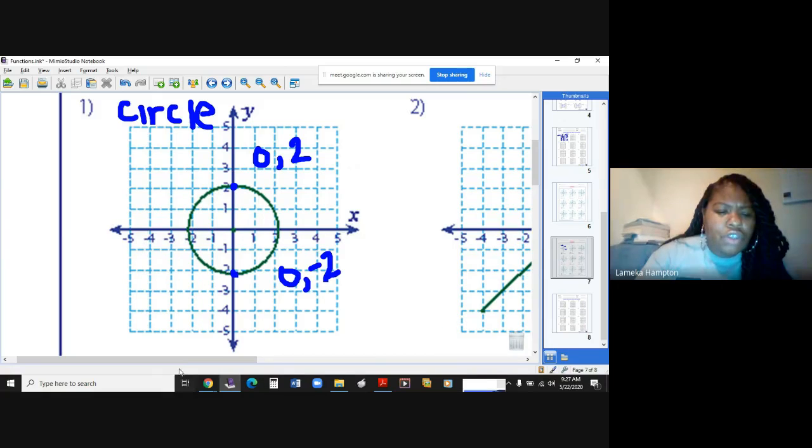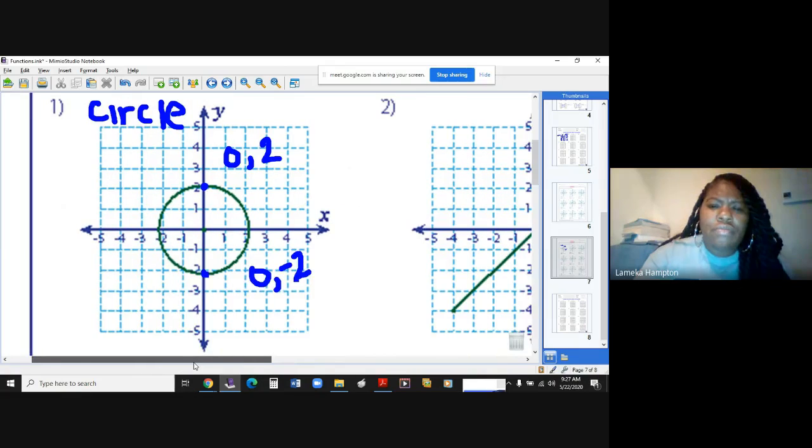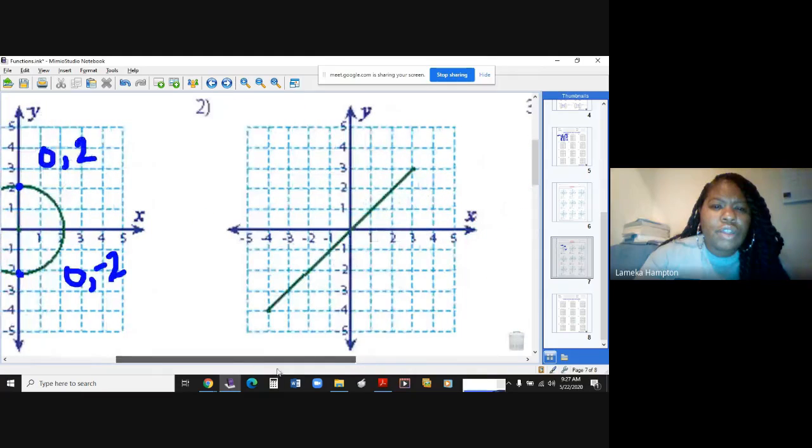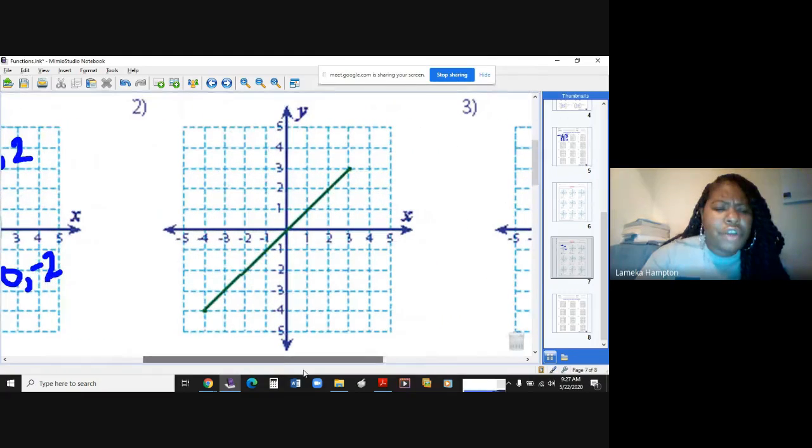Now let's scroll over to number 2 very quickly. Now, number 2 is very common. This is something that we all should be familiar with. This is a linear equation. It's a line. So because this is a line, I can tell you that this is a function because